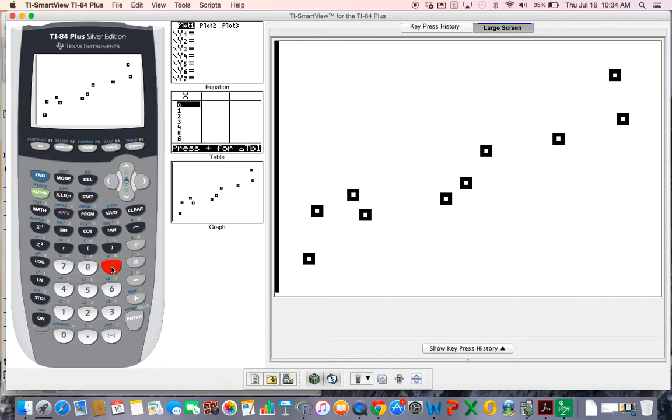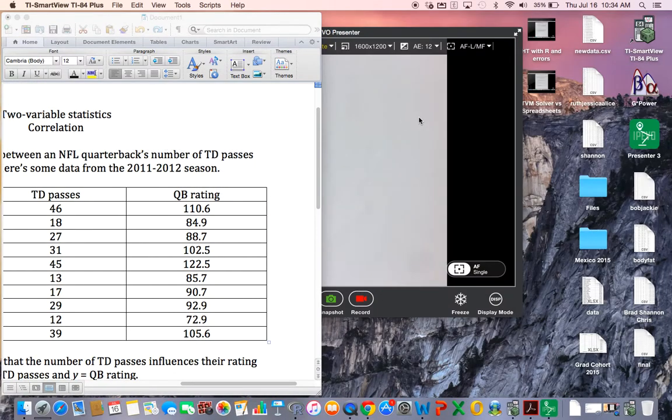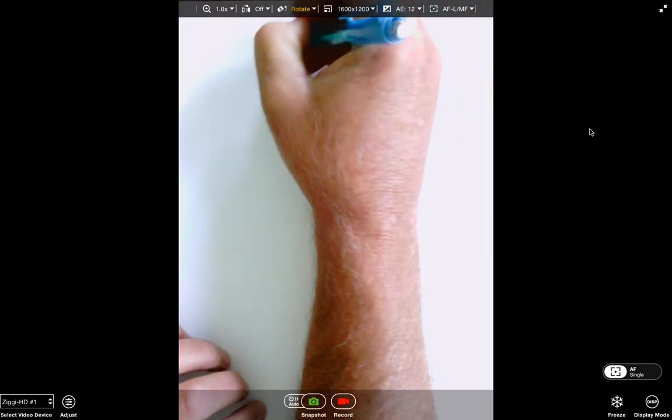But before we get into describing the scatter plot, let's get back over here and let me give you some kind of rules. Okay. Now, first thing we do with describing scatter plots,